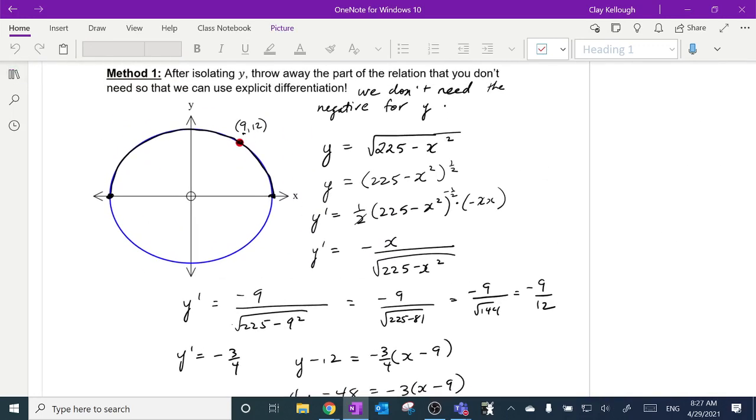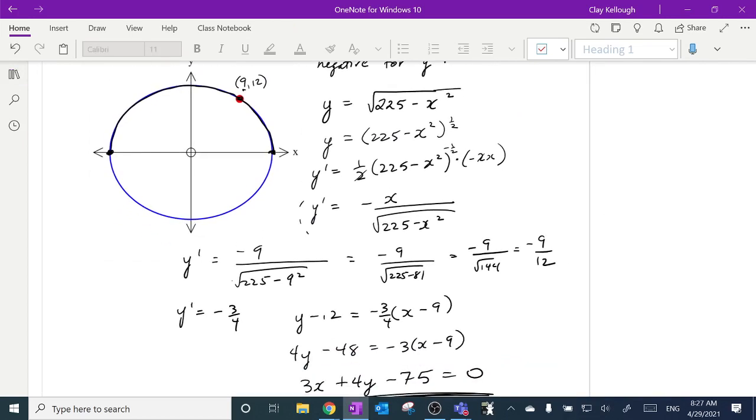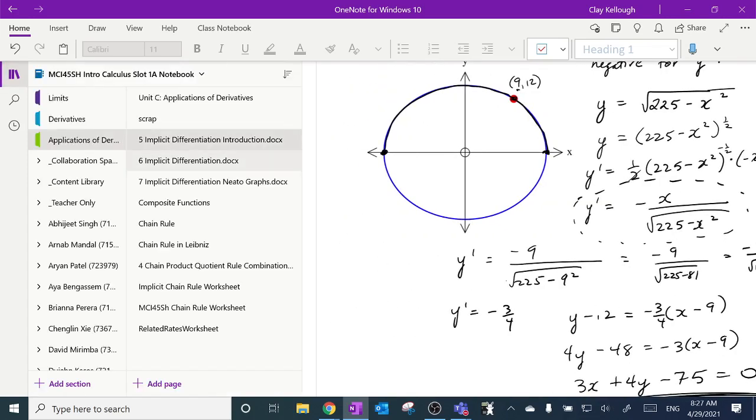When we took the time to rewrite the equation, did our calculus, we got this, which doesn't look anything like the very nice little simple negative y over x. But remember that this thing represents the slope of this function, which is only half of the circle. One of the advantages that very often happens when you do it the implicit differentiation way is you get a simpler expression. And I can kind of show you that this, in fact, is going to work out the same, because when I finish off today's example here,